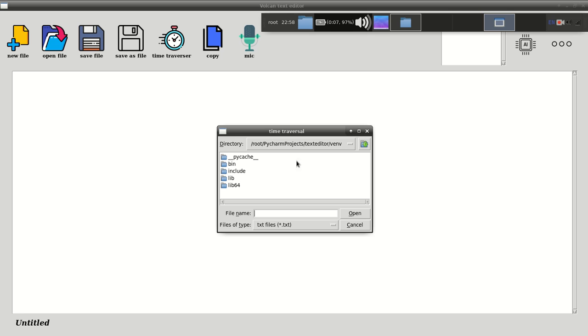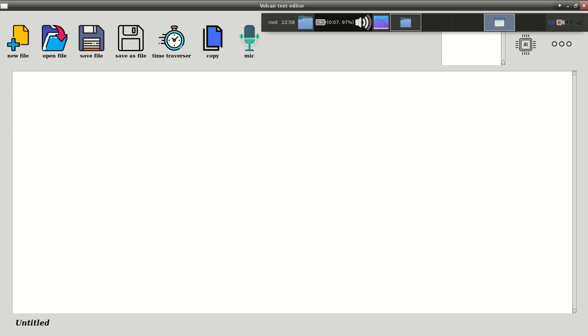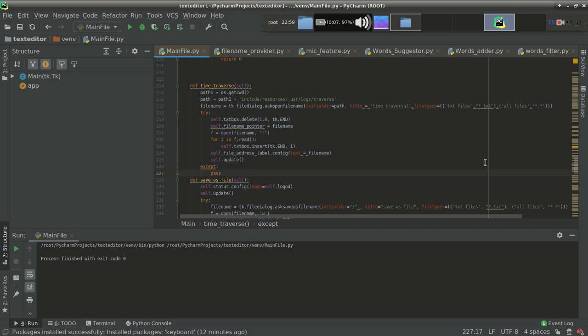Time traverse. It is putting us in win. I don't know why. We want ourselves in traverse.